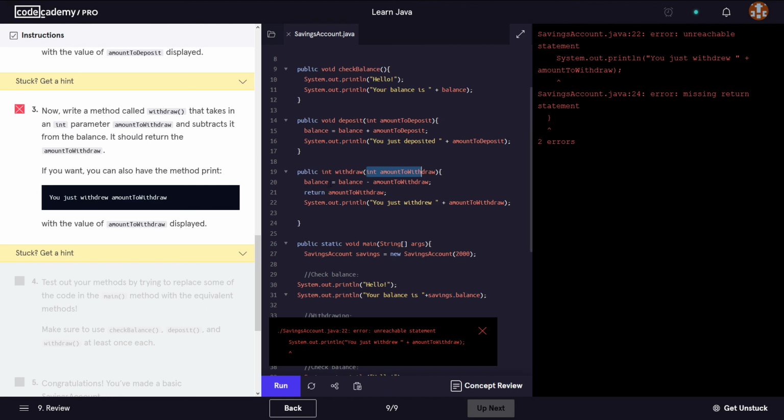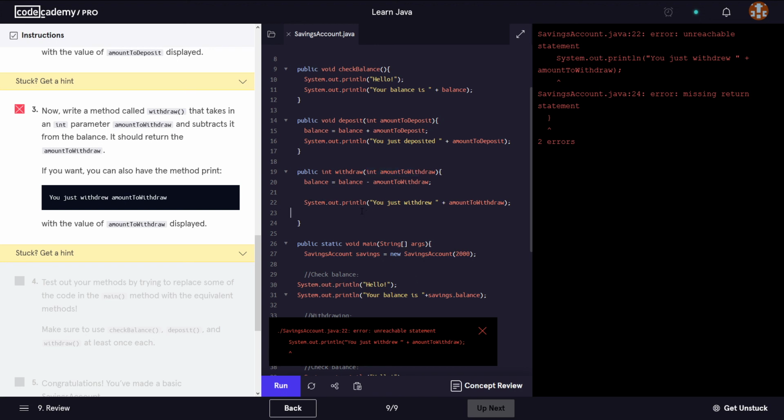So we have balance equals balance minus amount to withdraw. It should return amount to withdraw. If you want, you can also have the method print this with a value of amount to withdraw. I believe so,